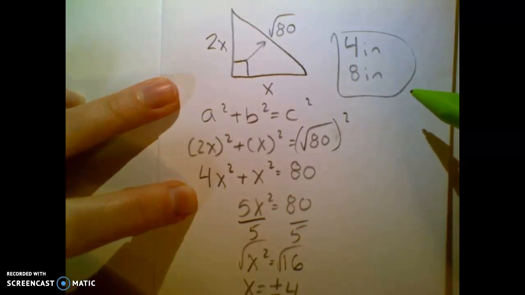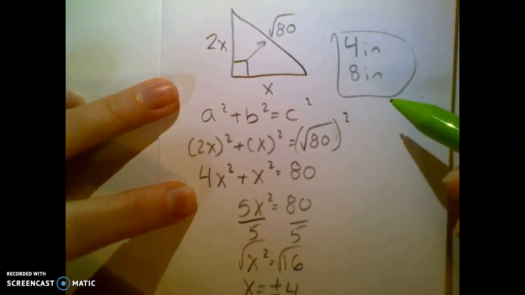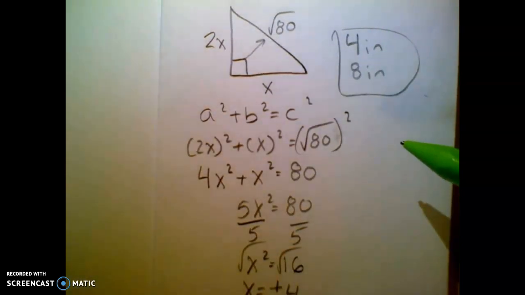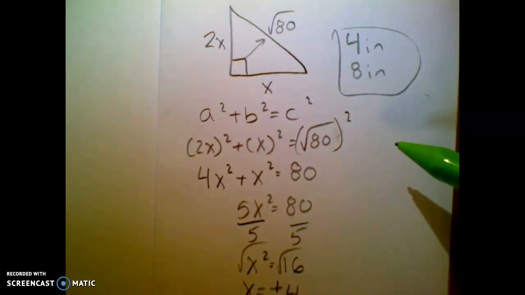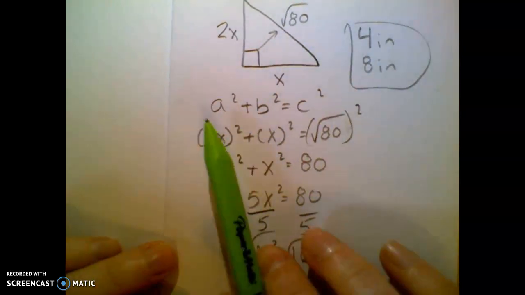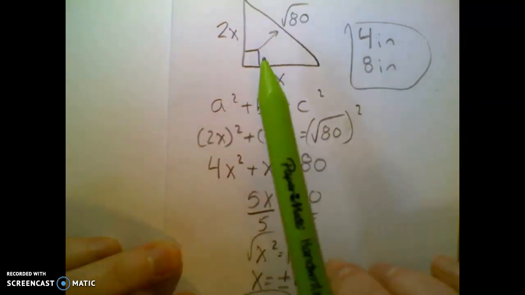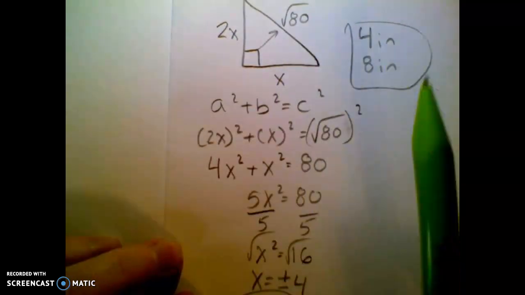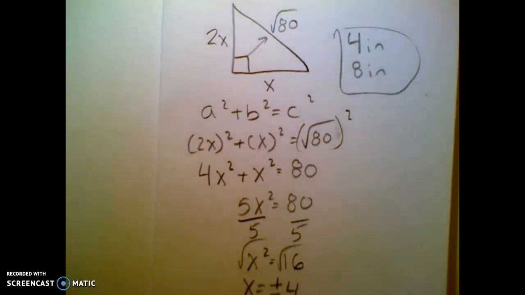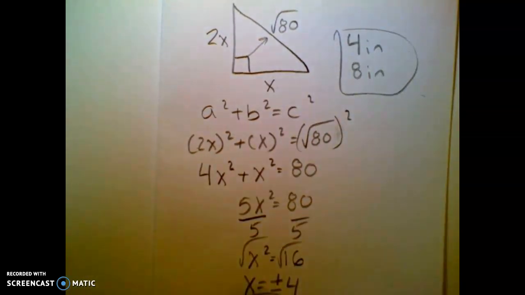On the notes sheet, so this will be listed pretty much directly below this quiz, there are several examples on that very last page of the notes. It says questions 6, 7, 8, and 9, the very last page. I would go look at those notes just to see how other triangle questions are set up, but they're all the same, a squared plus b squared equals c squared. Just depends on if they're numbers or variables or whatever. So I would just go check those out, and I will have one question on this quiz,